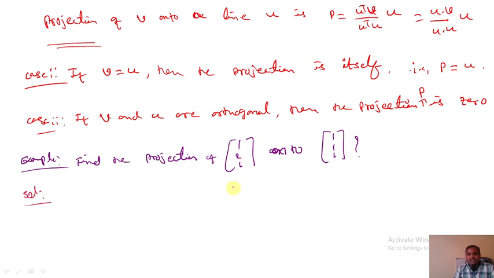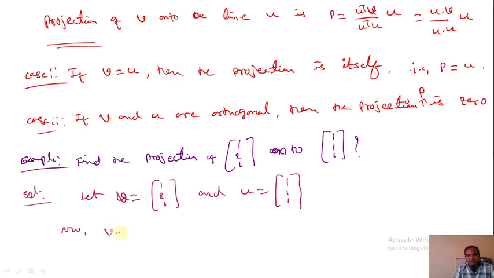So now we require to find a projection. Let v equal to the first vector (1, 2, 1) and u equal to the second vector (1, 1, 1). So we require the inner products of v and u, and u and u. v dot u equals u dot v. v dot u is 1 into 1 plus 2 into 1 plus 1 into 1, which is 1 plus 2 plus 1, that is 4. And u dot u is 1 plus 1 plus 1, that is 3. So therefore the projection is